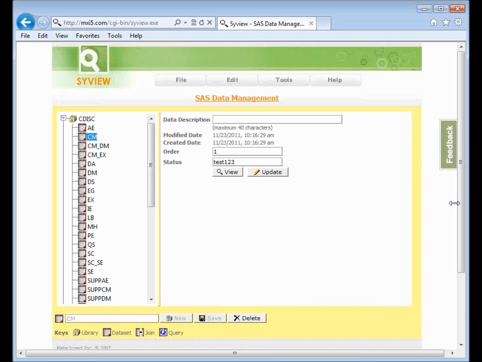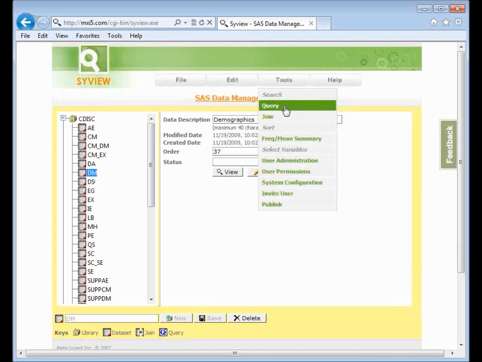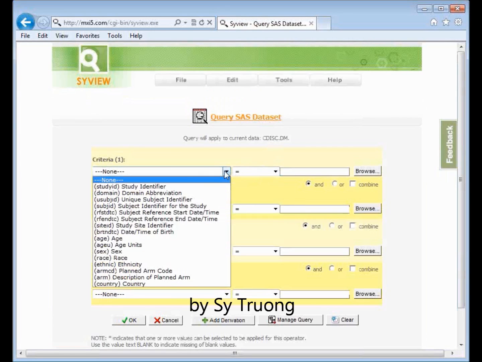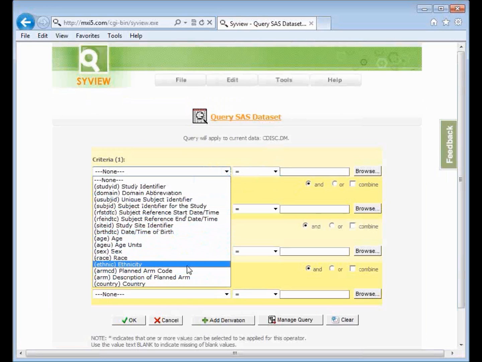So, for example, let's say I were to choose a dataset such as demographics here for DMOG, and then I go into query and build a new query where the list of variables here originally come from the data set that I've selected. So if I were to zoom in, you can see that